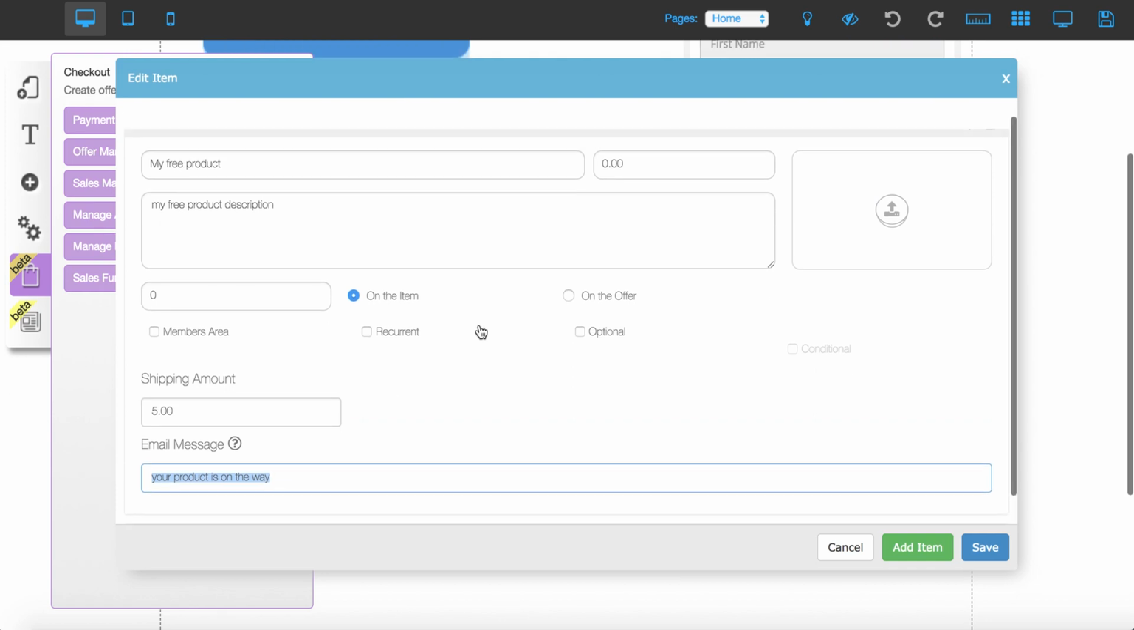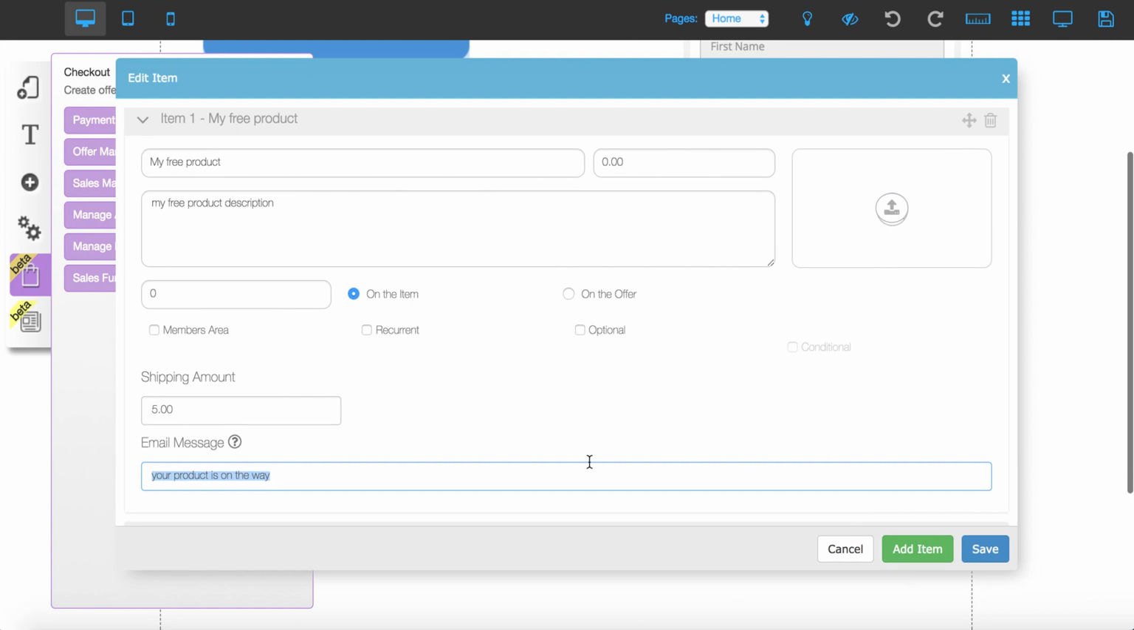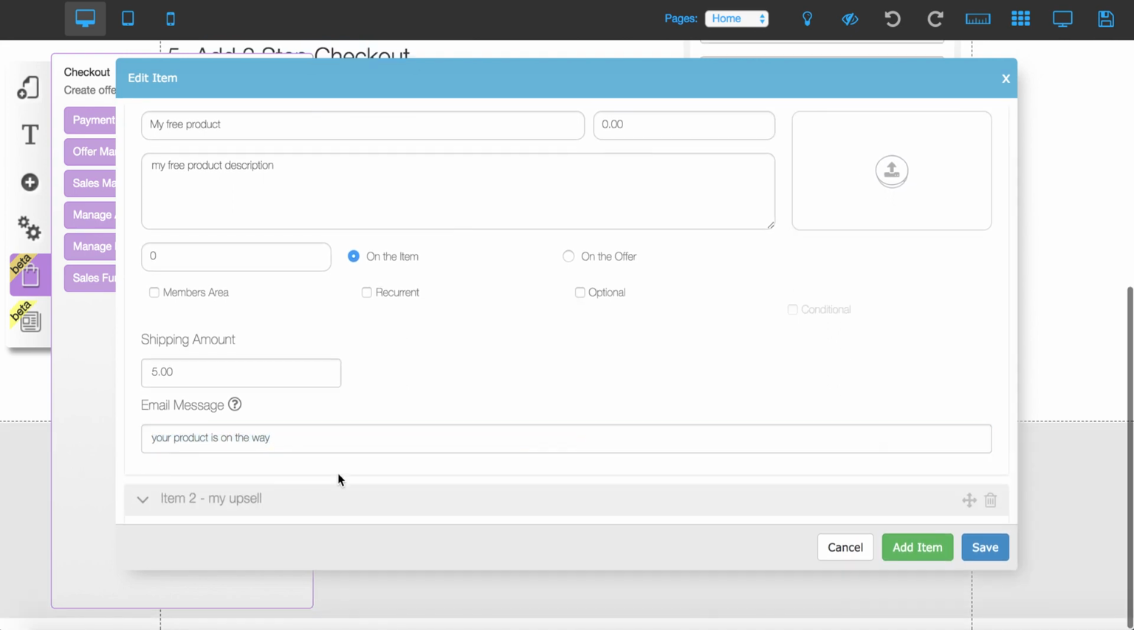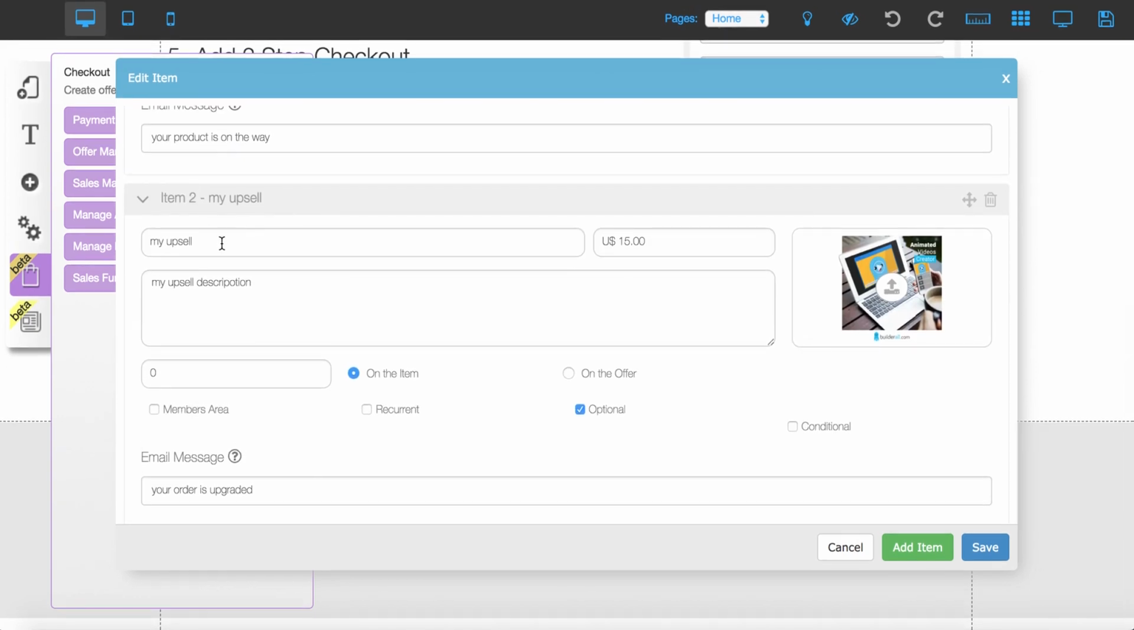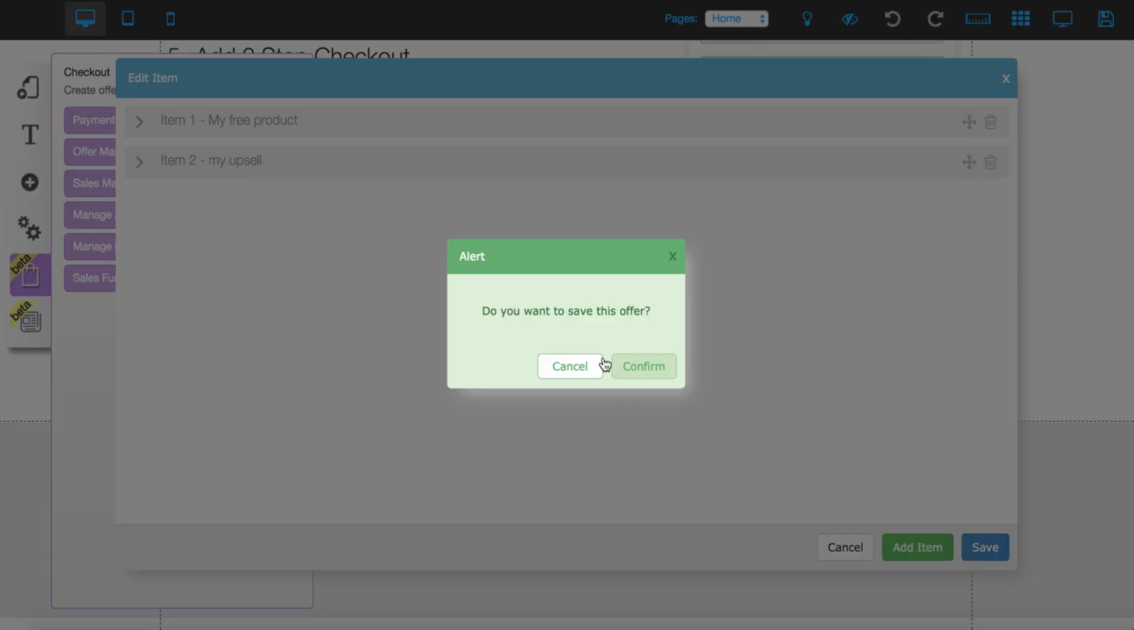And if you want to add an upsell, you just click over here on add item. And once you click on add item, you can start editing your item 2, which is the upsell. That's why I named my upsell. You can also upload a picture over here. And the price of the upsell is $15. Basically what will happen is that the user will go through the checkout, and once he's about to pay, he will see the upsell option over there, which is the $15. That will be an upgrade to his product. So if he chooses to upgrade the product, he will pay the $15 plus the shipping price. So once you have that, click on save, click on confirm,